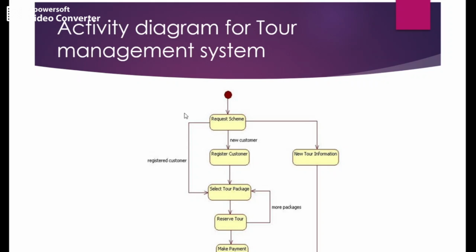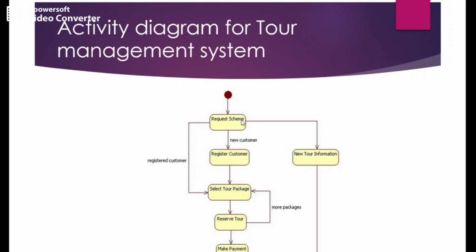Now, request the scheme or the system. If you are a new customer to this site, first you have to register yourself. So you have the register customer step, which means you have to do the registration process first. You fill in all the details, verify them and successfully complete the registration. Once you are registered, you become a registered customer.